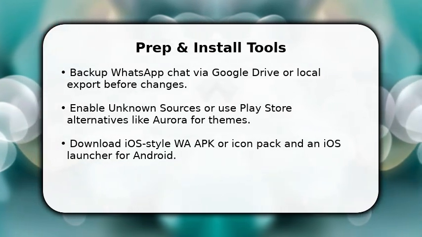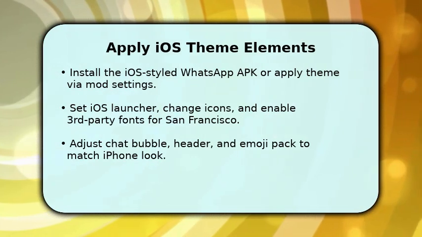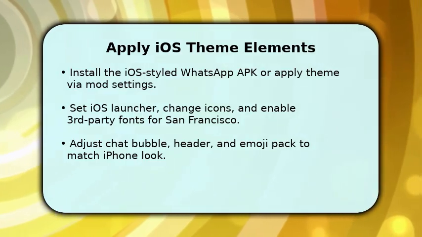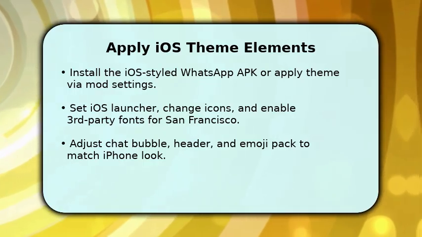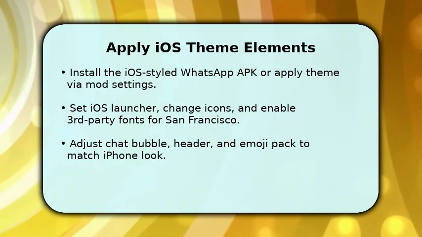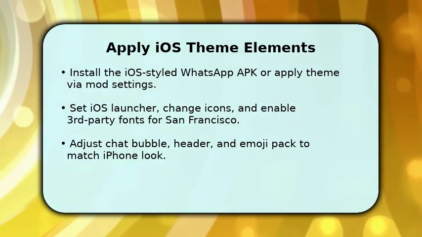Now you perform the detailed customization. Install the iOS-themed WhatsApp APK or open your mod's theme section and import the iOS style. Then apply an iOS launcher, swap app icons with the icon pack, and install a San Francisco-like font so text